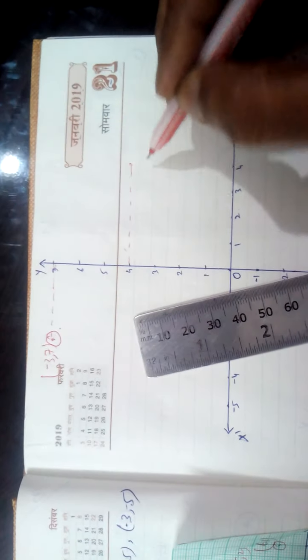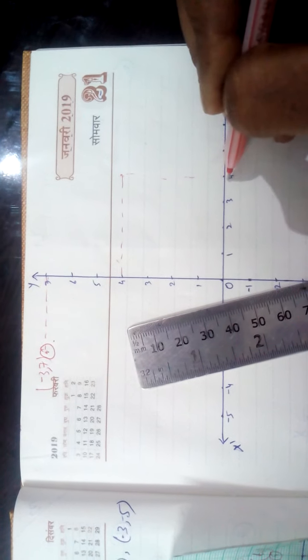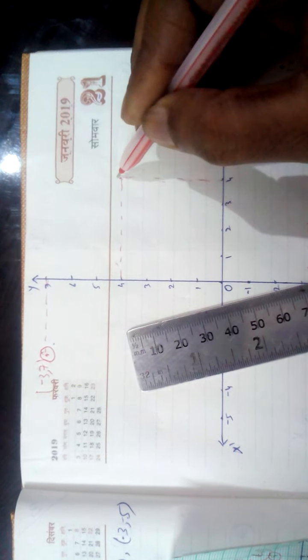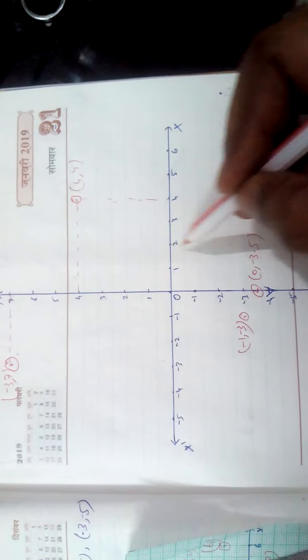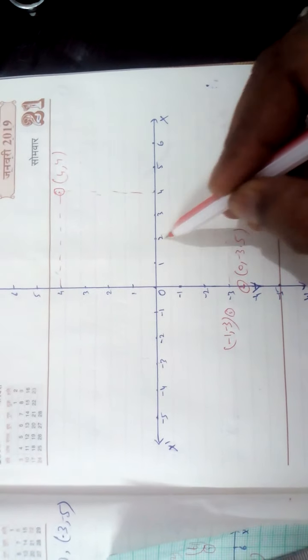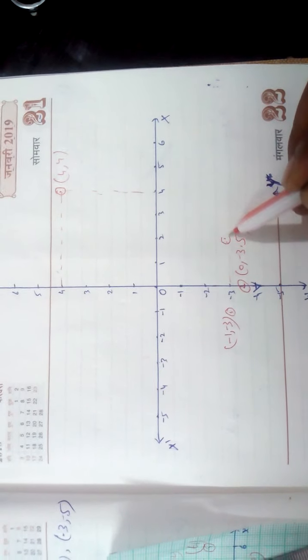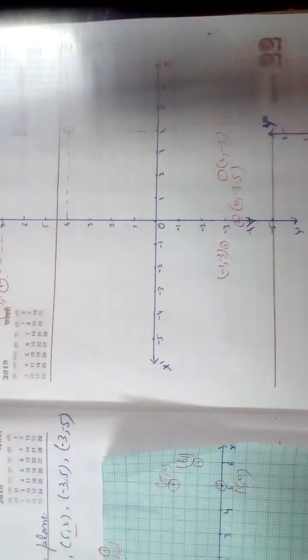So what are you getting? I am indicating a dotted line, but on graph paper there is no need of this dotted line. So it is a point which is 4 comma 4. Another point is 2 comma -3. Where is 2 comma -3? From 2 we will come down till here, and then you put the dot. It will be 2 comma -3. So this is your example number 4.